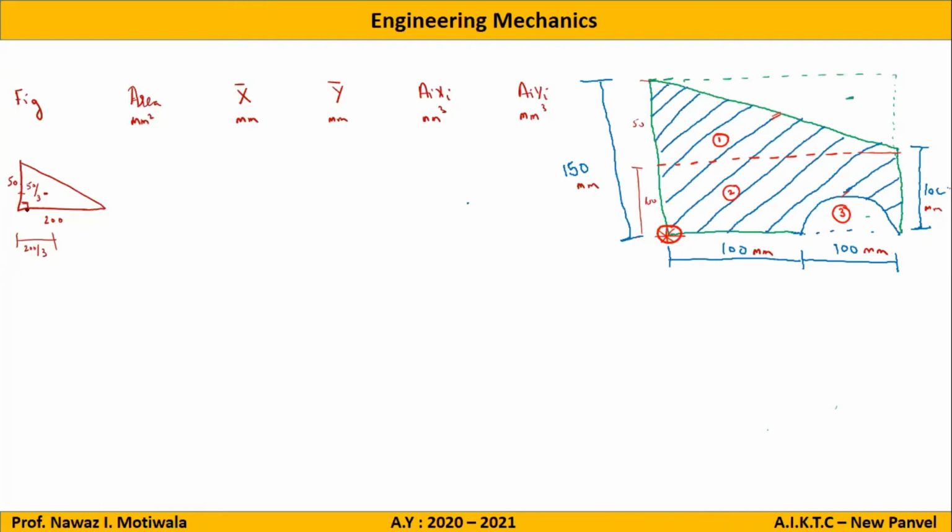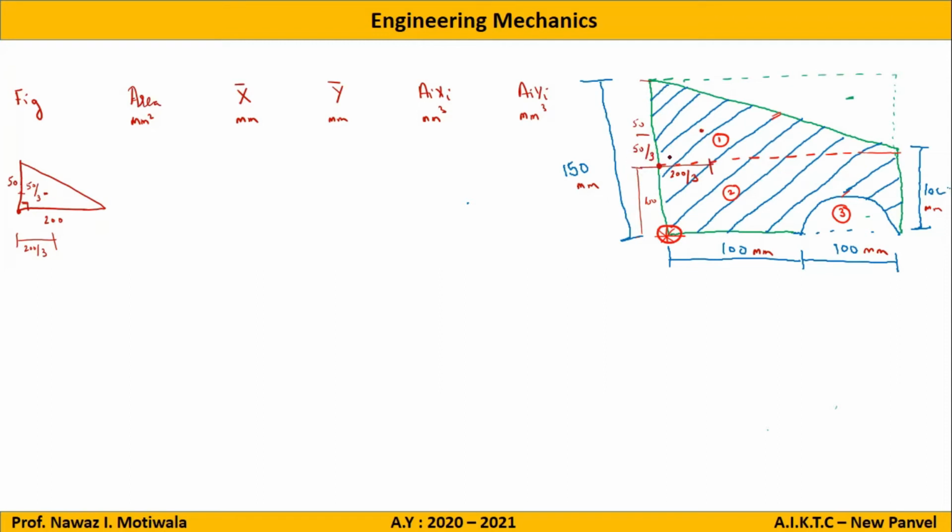No, sir. Yes, but this is from which point? This is from this particular point. यहाँ से. Okay. Now locate this point in our main figure. That means this is the point here. Now we know that the centroid is somewhere here, which is at a distance of what we have seen, 200 by 3 from this side. So this distance is 200 by 3 and this distance is h by 3, that is 50 by 3. Any doubts?